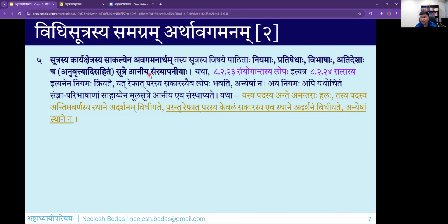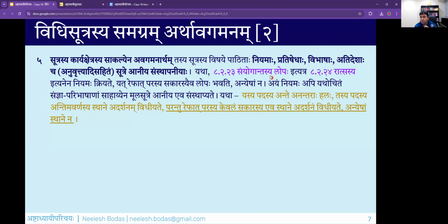And what exactly happens? You not just study these niyamas, pratishedas, vibhasha, and so on, but you bring all those niyama, pratisheda, vibhasha into that particular statement that you have constructed, along with its anuvrittis, its samnyas, its paribhashas. So it's a recursive process. You start with the sutram, expand it, look into its dependencies. In software terms, a library might have a dependency on another. So look at its dependencies and then expand those dependencies in the same way of anuvritti, adhikara, manduka pluti, and so on, and put all that material into the current sutra which is under discussion.